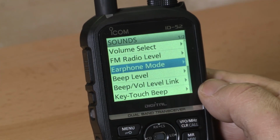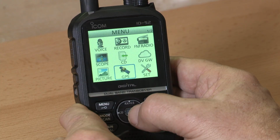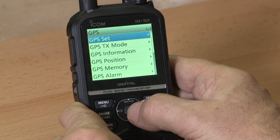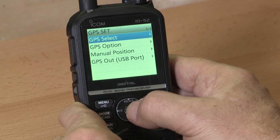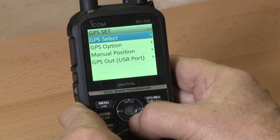Oh, that's better. It's always very useful to know where you are, and with this radio you'll always know where you are because it's got GPS built in, and also anybody you talk to will know where you are as well. So let's switch the GPS on because we haven't done that yet. So we click on that, GPS set, GPS select, it's off at the moment, so we'll switch it on, and